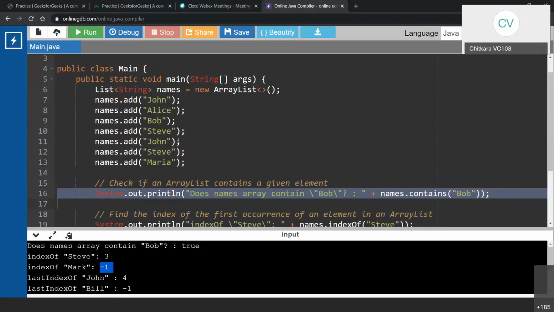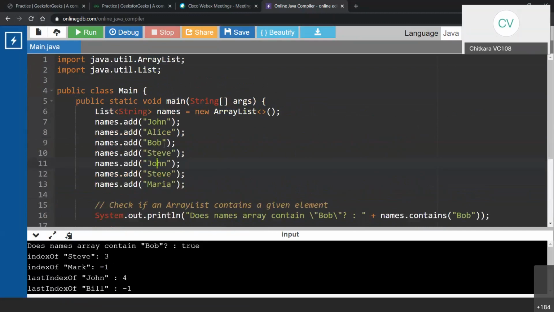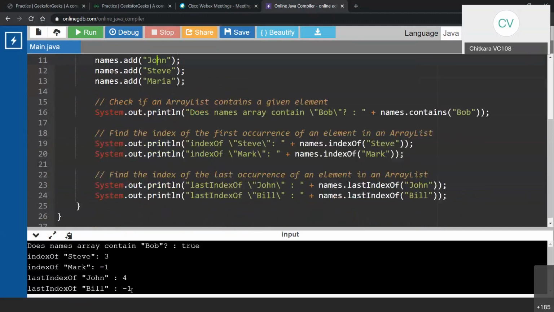Last index of John: 0, 1, 2, 3, 4. This is the last index. Yes or no? So it will give me 4. Last index of Bill. Do I have a Bill? I do not have a Bill. So it will give me -1.